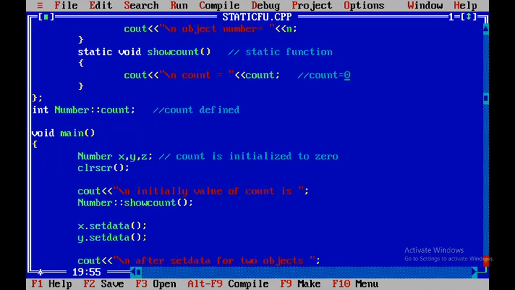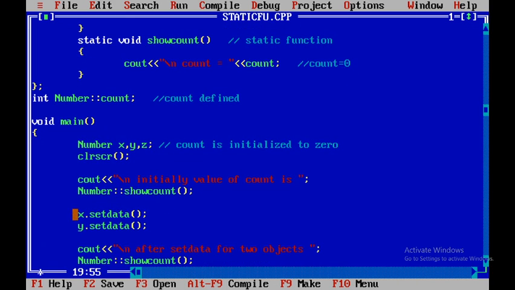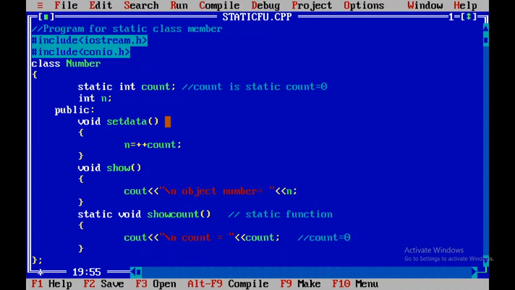After that, we are using the x object to call the setData method. So x dot setData is calling the setData method. Whatever the value of count is, we are going to increase it first. So ++count increments the value of count and then assigns that value to the data member n.